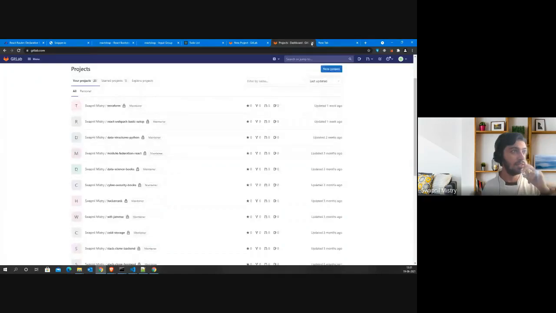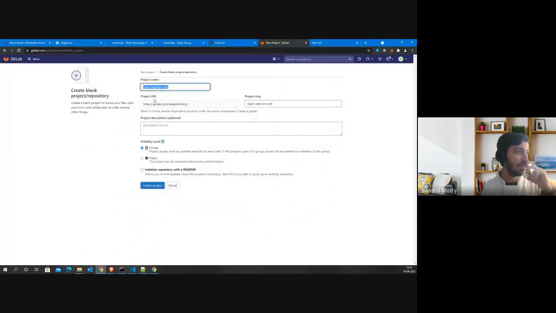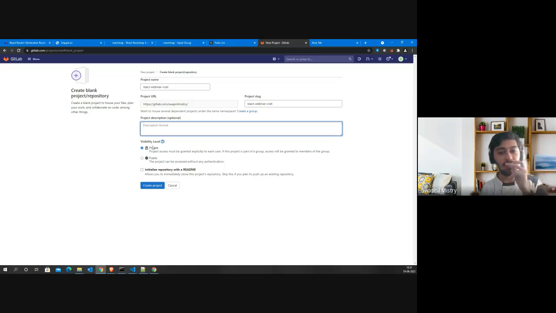This is your project slug, so the HTTP URL which you see for cloning will be this. We don't want any project description. Visibility level is private or public. If I keep it private, then you will always need authentication to access the project. So I will keep it public so that you guys can access it easily. I will create this project.